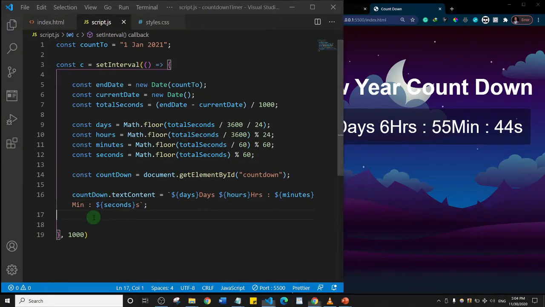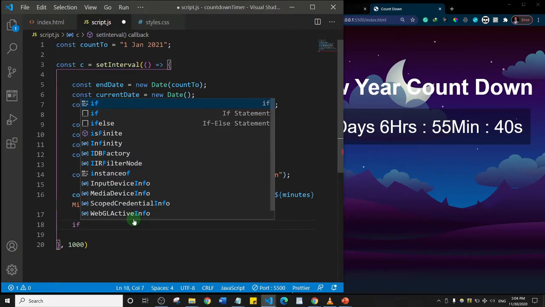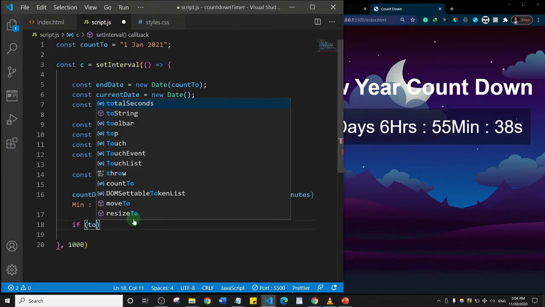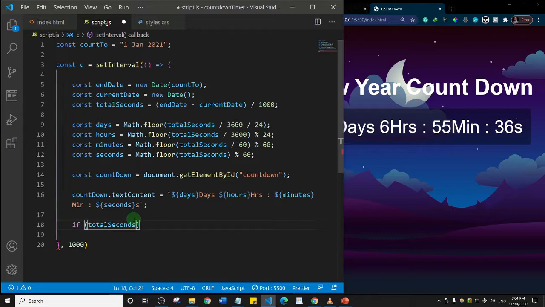So basically I'm going to come down here, right? And I'm just going to say if total seconds equals 0. Okay, basically what I want to do is first of all clear interval. So I'll clear interval, and which interval am I clearing? So I'll clear interval C,